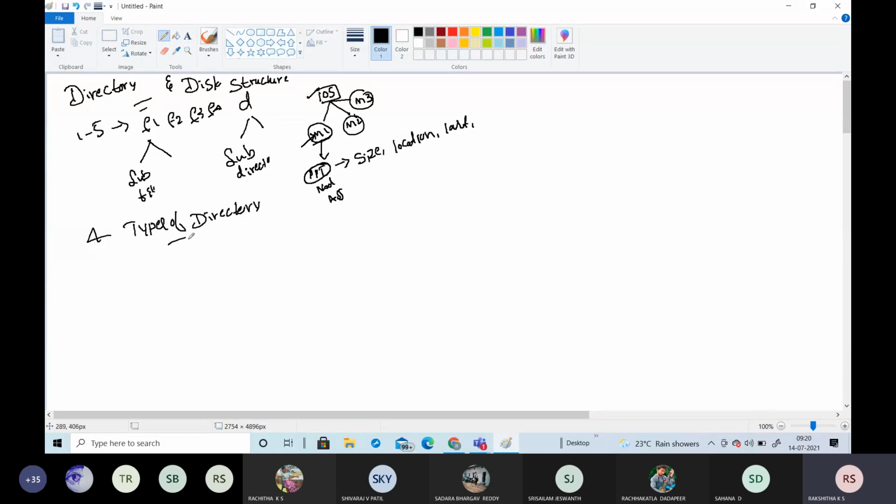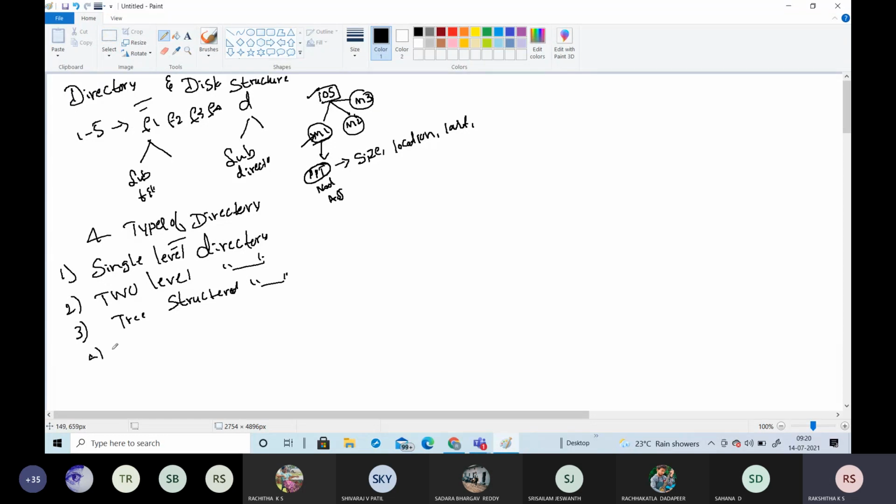The first one is the single level directory, the second one is the 2 level directory, the third one is the tree structured directory, and the last one is the acyclic graph directory.